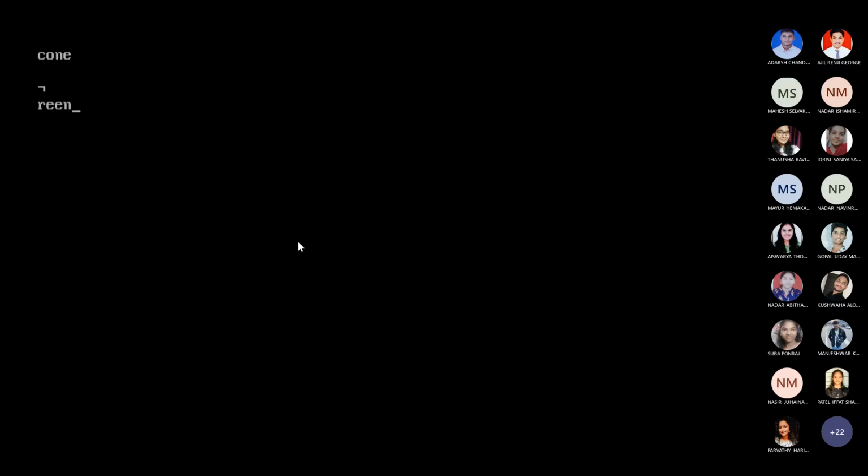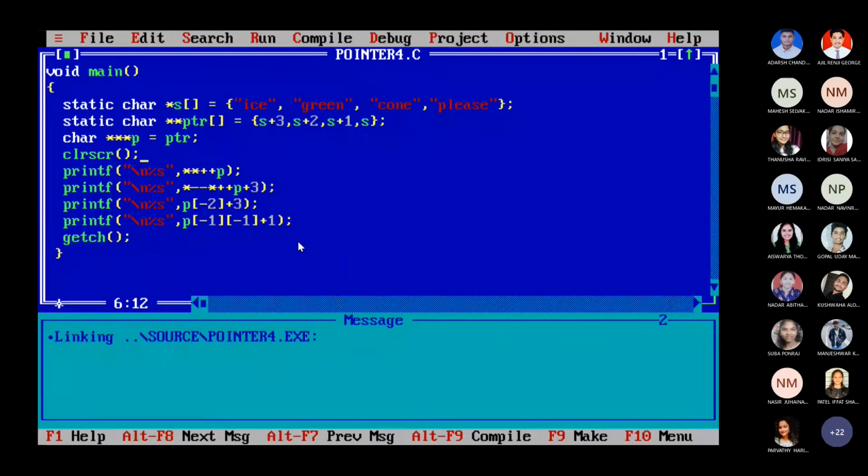Where is the rest? Second is blank. Third is ace. Where is it, students? Percentage s, p of -2.